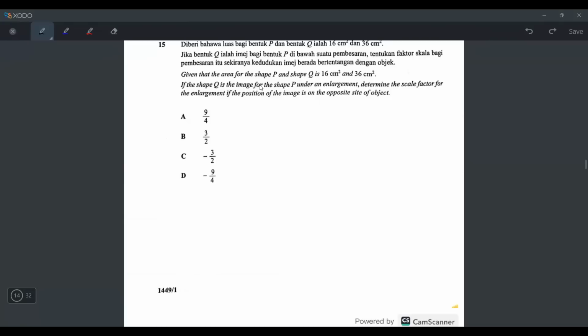Number 15. Given that the area of shape P and shape Q is 16 and 36 cm squared, but they never mention what shape. They just say a shape. So we don't know. It can be a square, it can be a rectangle, it can be a circle. But we do know the area of P and Q. And they say if the shape Q is the image of shape P, it means Q is the image. So we all know that object has to go to image. So if Q is the image, P is the object, under enlargement,